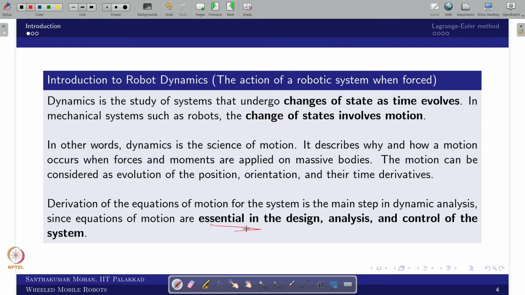But what we are really interested in is why you need to know the robot dynamics. I already gave a glimpse in the very beginning. This is going to help in designing the overall system, where you can design your mechanical structure, select your actuator, or even design the control system along with the navigational aspect. Further, you can analyze it. So in that sense, the dynamics is one of the important cases.